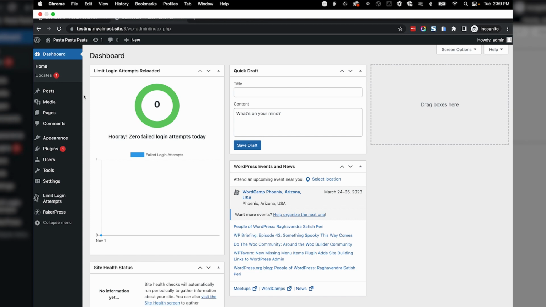In previous videos, we have talked about working with pages and posts. In both instances, we are using the block editor, so the steps will be the same. The only thing we need to determine is where we want to put the button, in a blog post or a static page. Click on Pages.